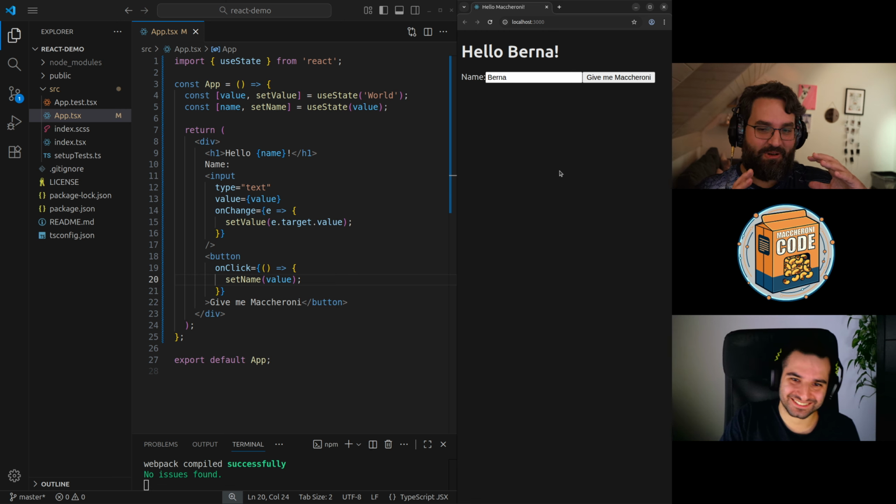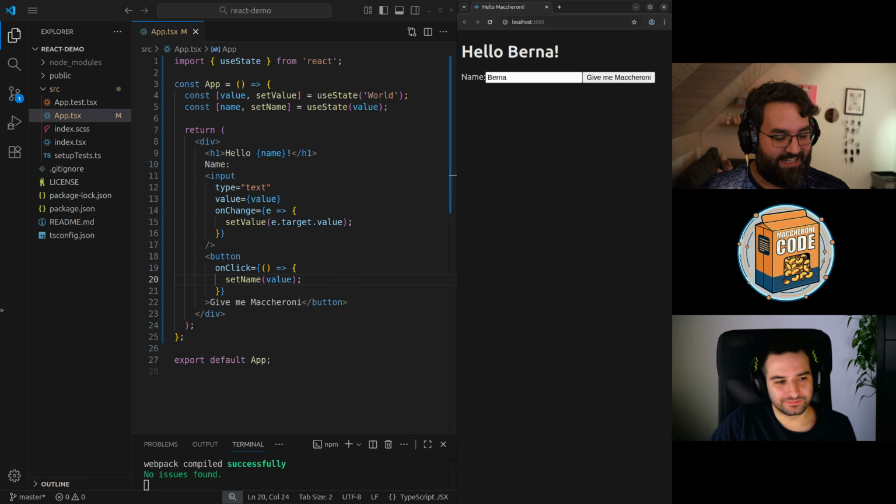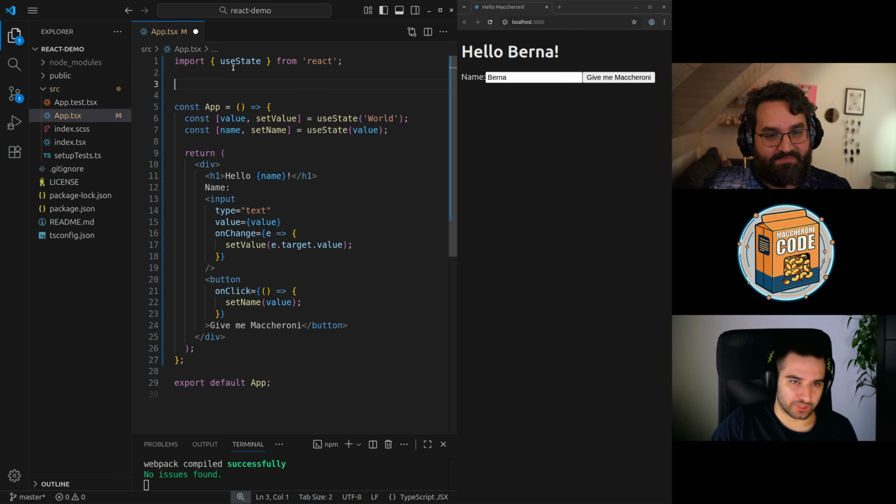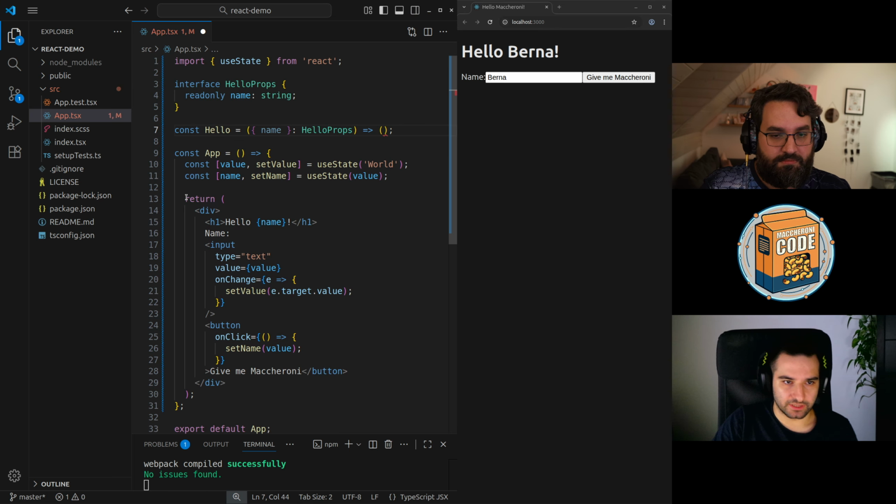Okay, so well, now we have this huge component or this huge app that contains everything. And I mean, this app is doing just a bit, but if it started growing, I guess that having everything inside a single function would not scale from a maintenance perspective. So can we split it up and modularize it? Yeah, you can have more components. That is an atomic approach to components. For example, we just added this hello component.